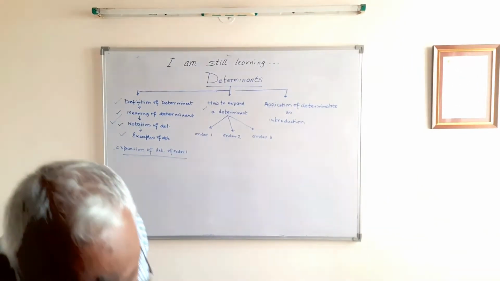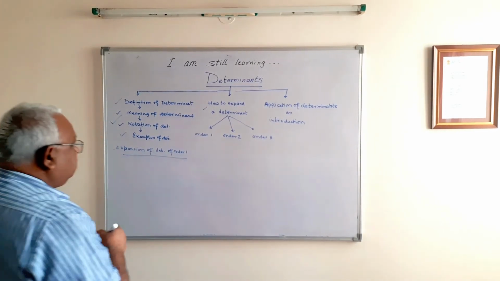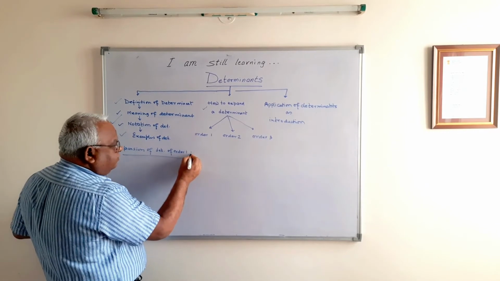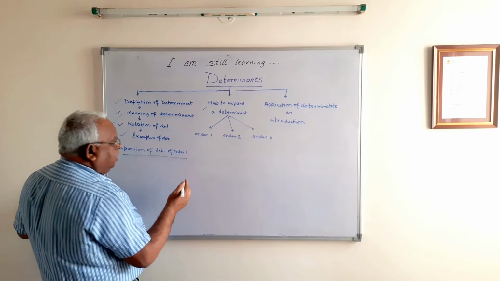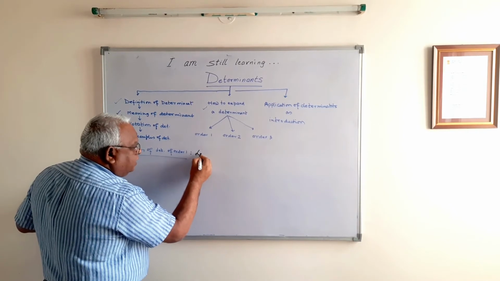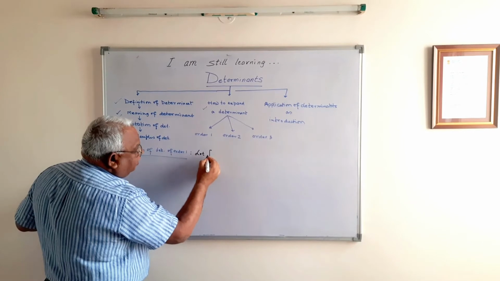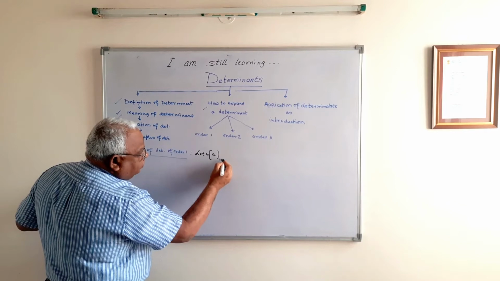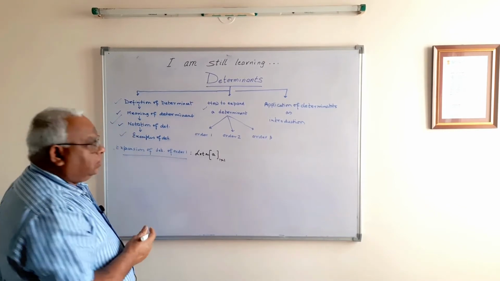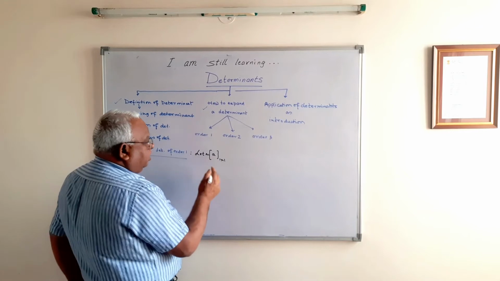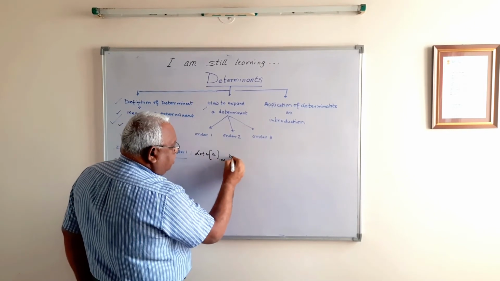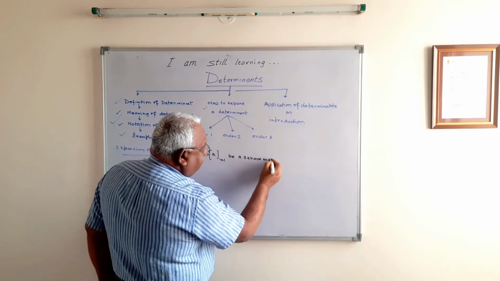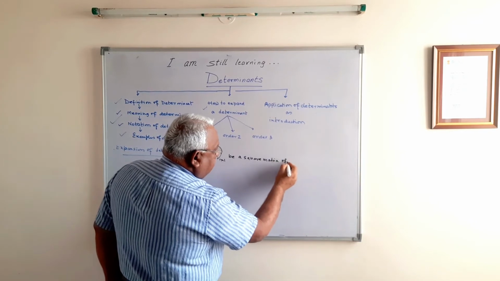It is not necessary that I'll be writing each and everything, but you just listen what I am speaking so you can understand by listening to what I am explaining. So here you can write, let A is equal to this 1 cross 1 matrix, which is a single element A. Let A be a square matrix of order 1.